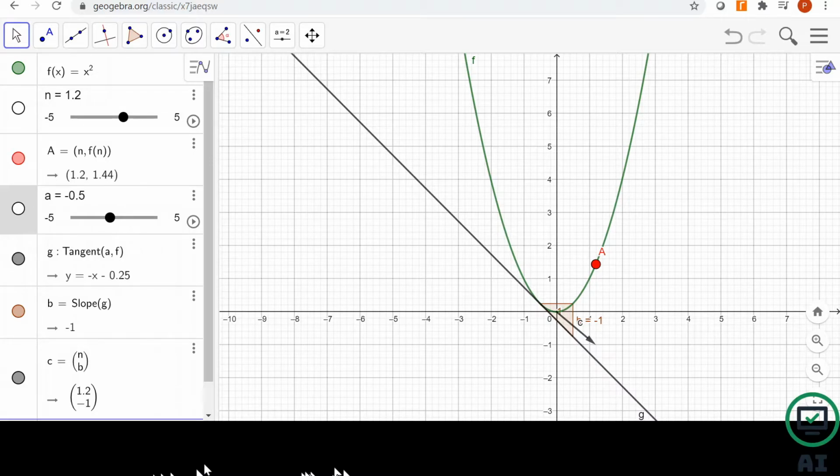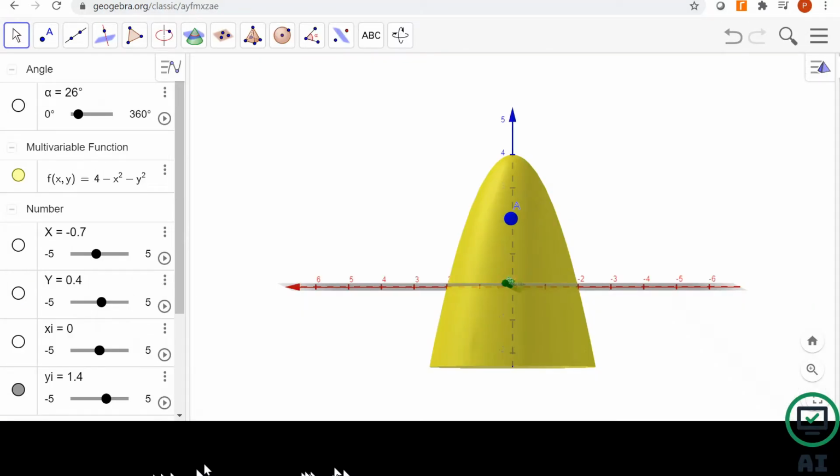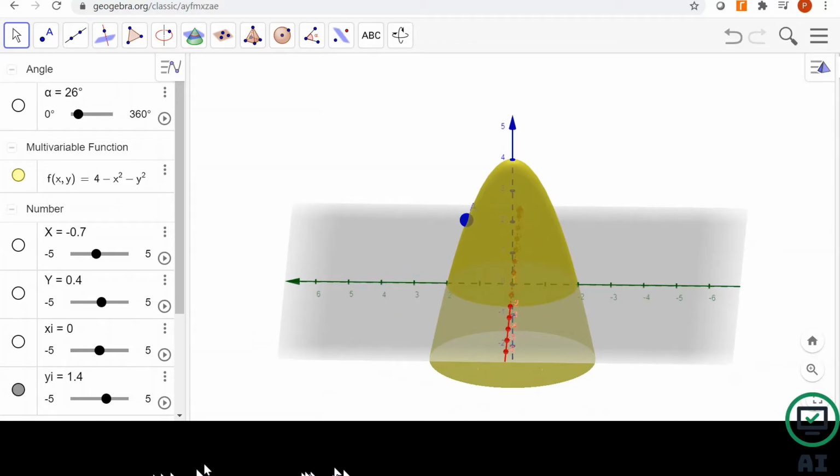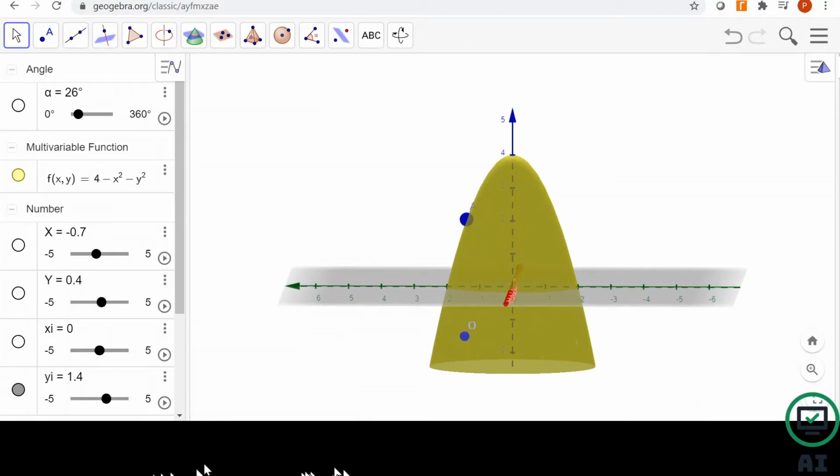Similarly, you just try to visualize the same thing in 3D. So this is the three dimension function where we have two independent variables, and the function is nothing but 4 minus x square minus y square. So you can see here, this is the surface. Try to remember one important point. In two dimension we have a curve, but in three dimension we will always have a surface. There will not be a curve over there.